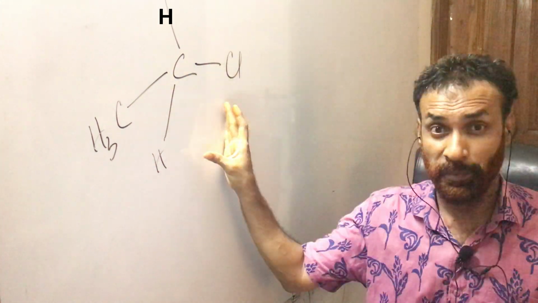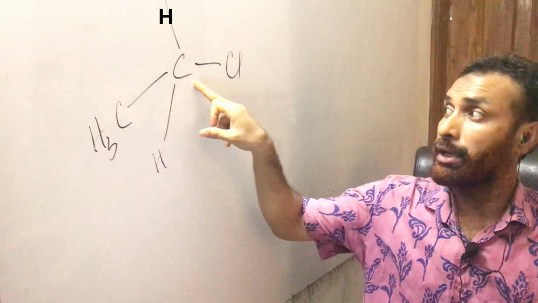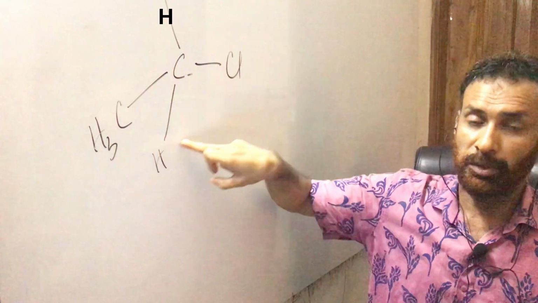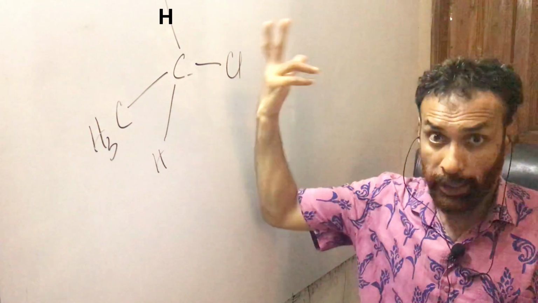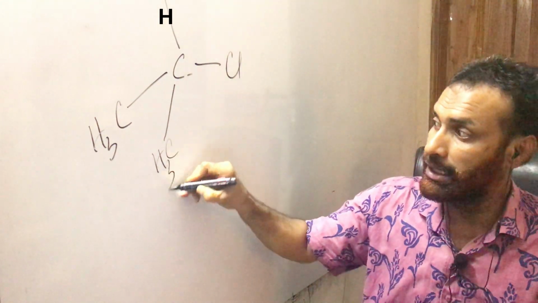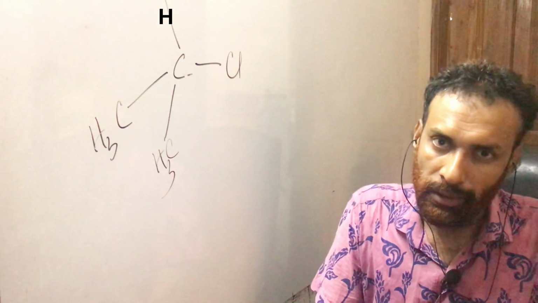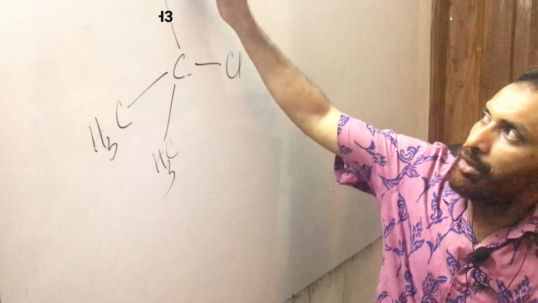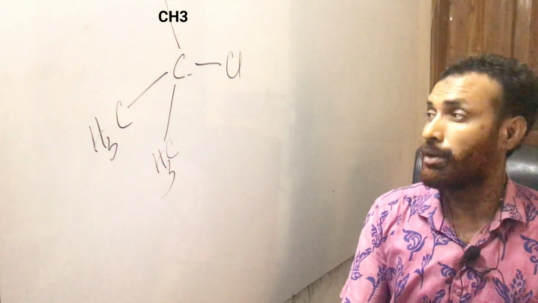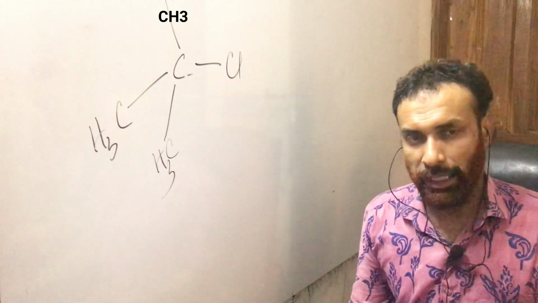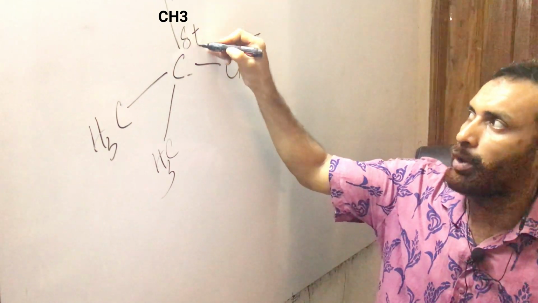Because this is a primary halogenoalkane, this chlorine-containing carbon is bonded with two hydrogen atoms. If this central carbon is bonded with only one hydrogen atom, suppose I add here another CH3, this is now a secondary halogenoalkane. And if this contains another CH3, then this would be a tertiary halogenoalkane. Whatever it is, primary, secondary or tertiary, this is partially negative and this is partially positive,